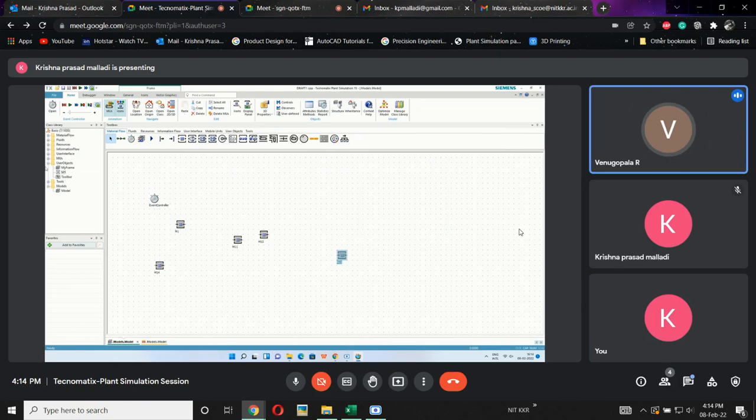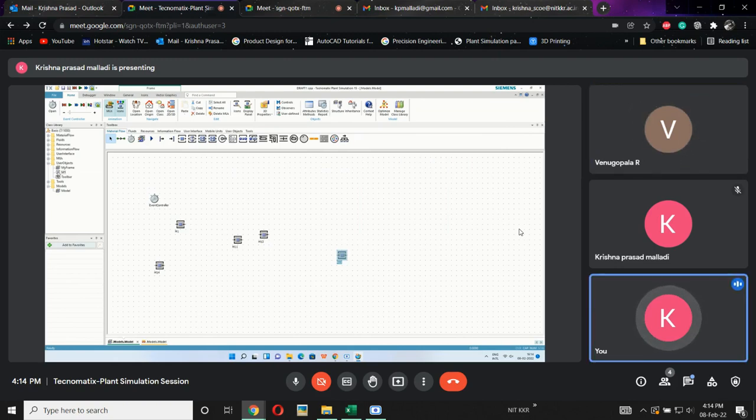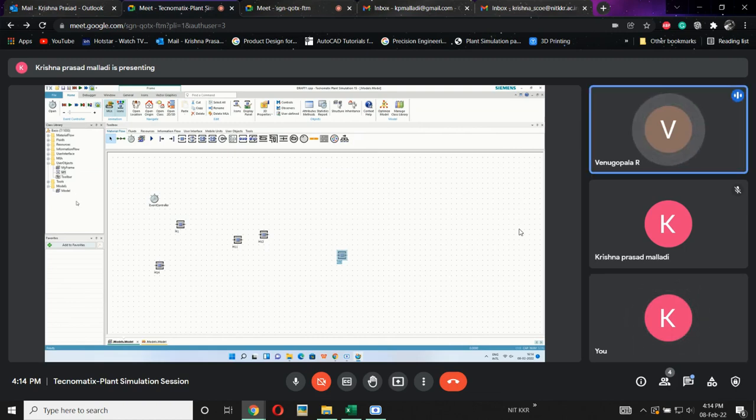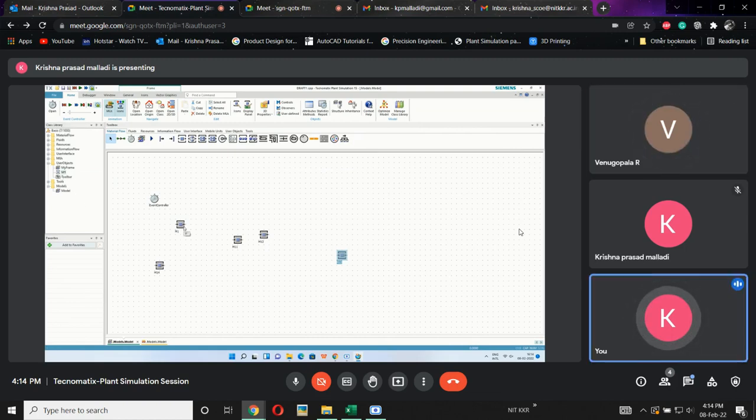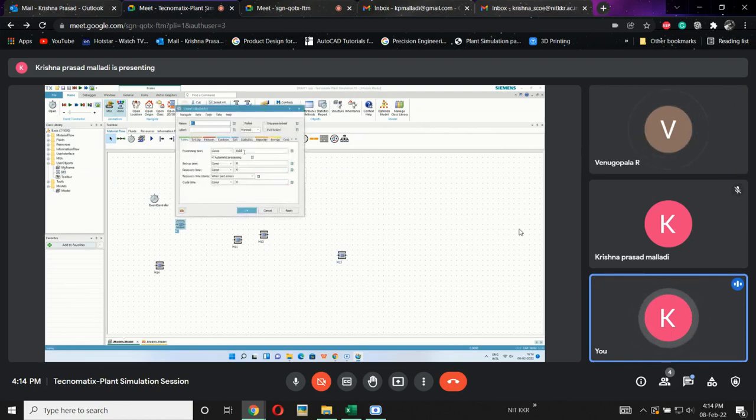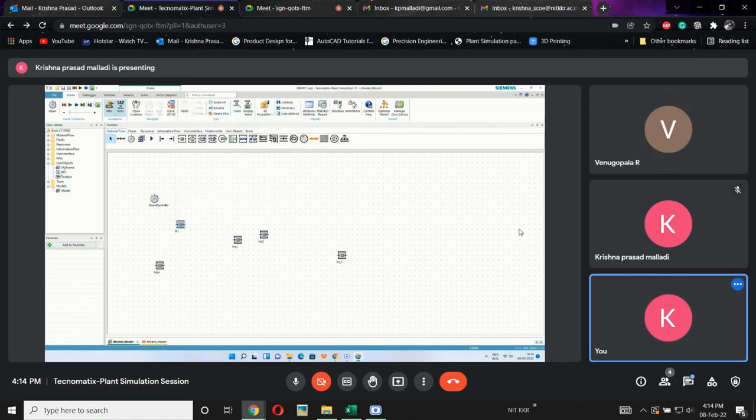Whatever changes we make in this class library user object will be applicable automatically to this one. There is no need of changing here. Even if you really want, you can change it here to 60, apply. But by default, if you change this one, everything will be changed in this tab.